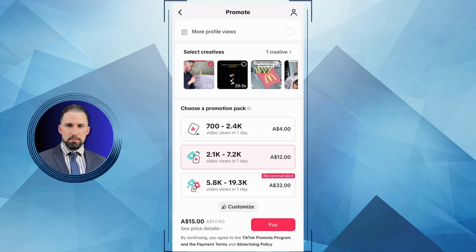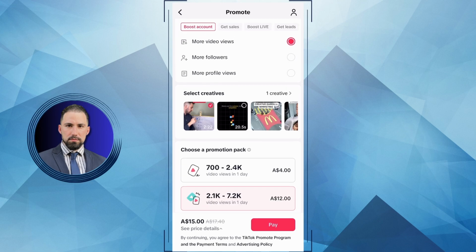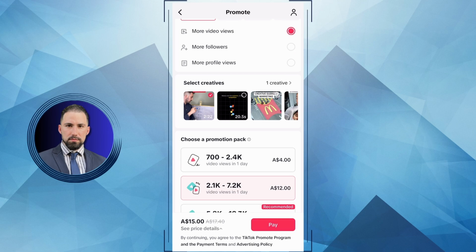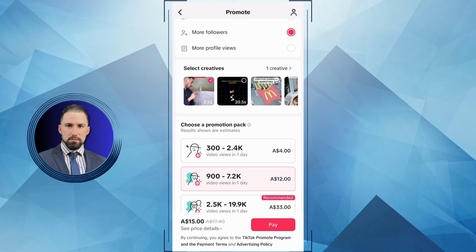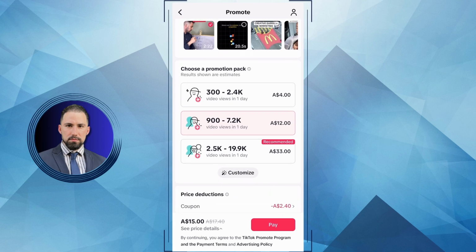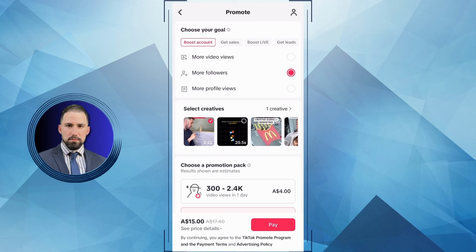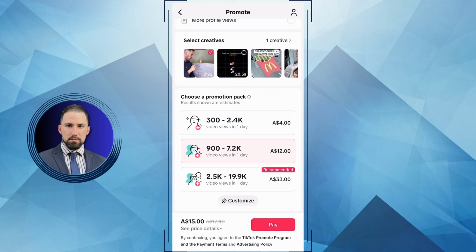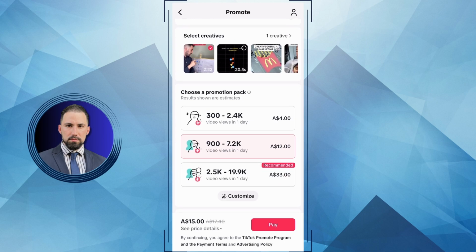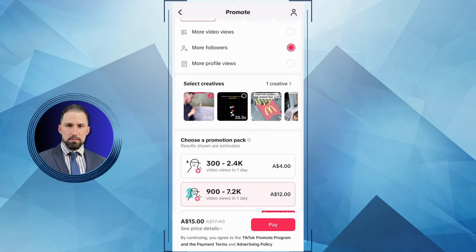If you push $32 a day, you will get this many video views. So that kind of makes sense. I mean, if your goal is video views. Actually, if you choose followers as a goal here, you can see the number of video views you get is a little bit lower. They cannot give you a specific number of followers you're going to get, but that is quite hard. But you can see they actually give you how many video views you will get based on your goal.